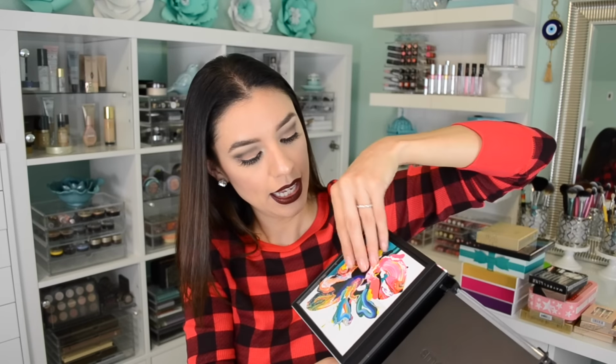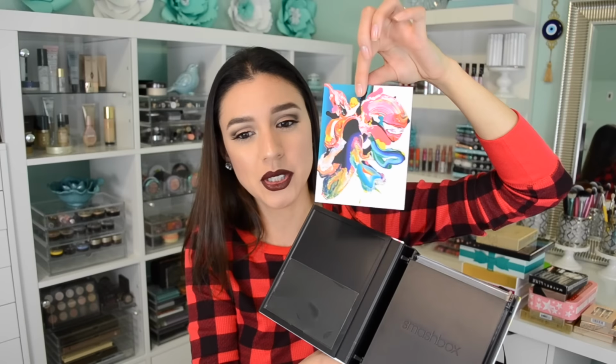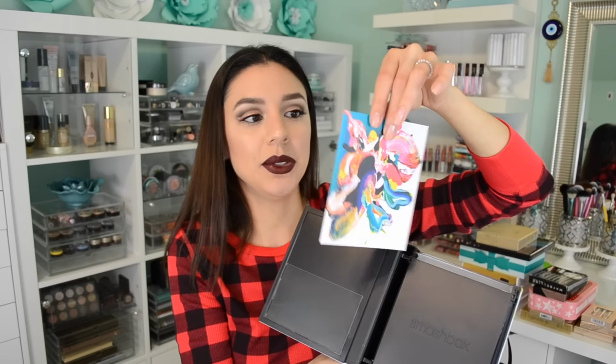I was surprised though at how heavy this palette is. This is not going to be a palette for someone that's minimalistic or likes compact, sleek, very uniform, classy, smaller things, because the palette is huge and it's really heavy. I'm not quite sure why it's so heavy, but it's heavy. This is the way the palette looks, and when you open it up, it comes with a little postcard with artwork on it. So this is actually like a print that you can frame or put somewhere, maybe in your office or your desk, and it tells you a little bit about Iago and what he does and the type of art he has. And when you open up the palette,